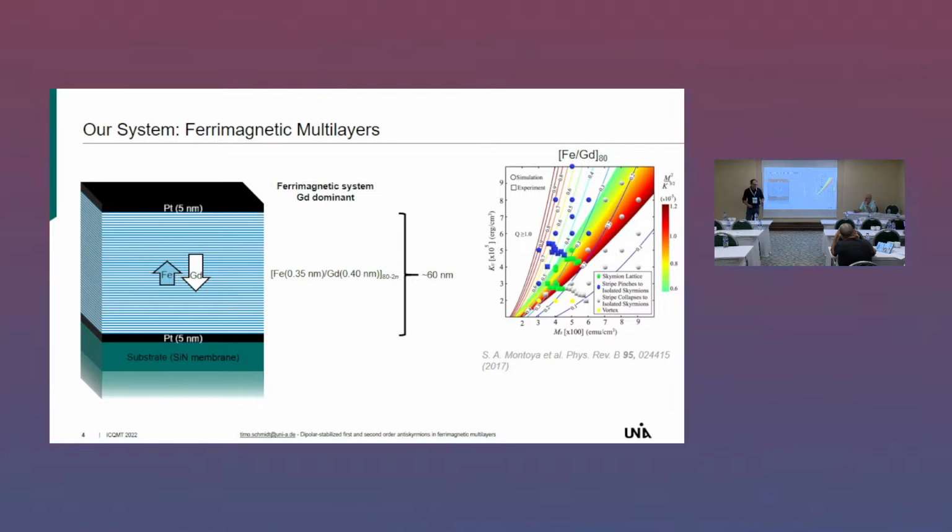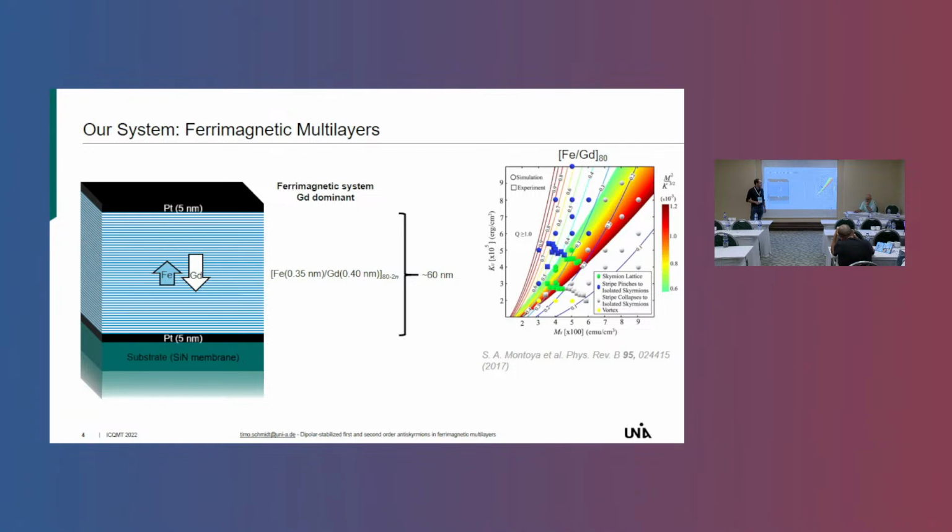So no DMI interaction, but dipolar stabilized skyrmions. And I made this phase map, which shows the saturation magnetization and the uniaxial anisotropy. And there are a few regions here. So in the first region, where it says Q is greater than 1, Q is our quality factor, which is